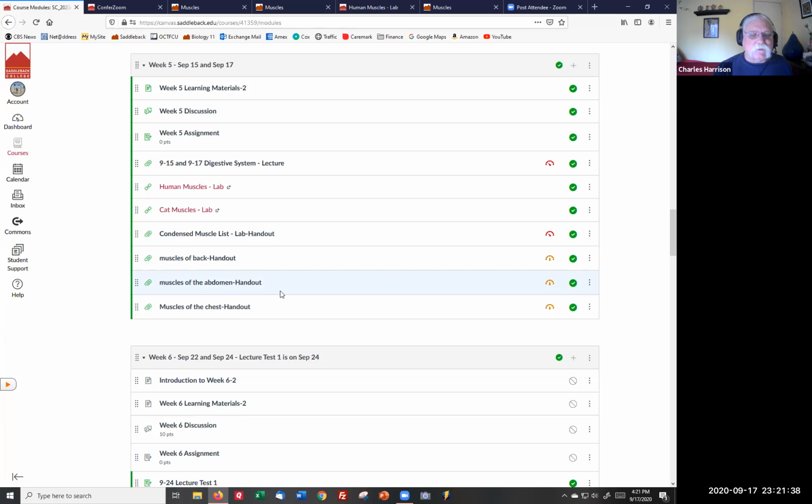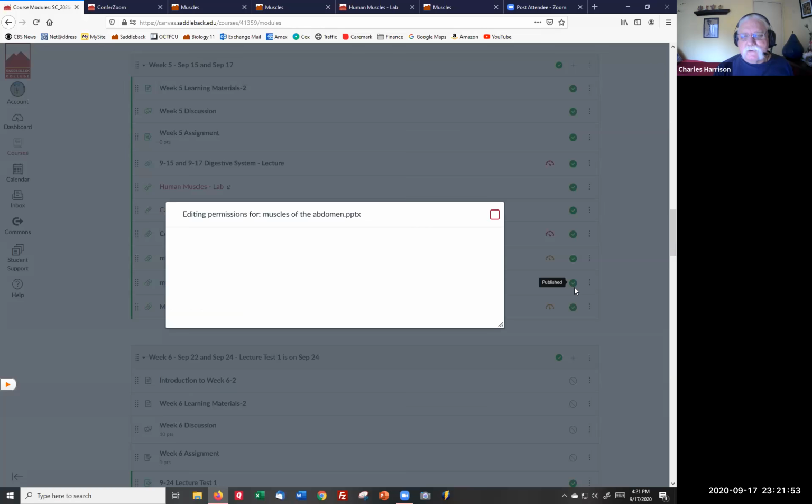The muscles of the abdomen were not completely labeled, and the muscles of the chest had some things in there too that we're not ready for. So I'm going to temporarily